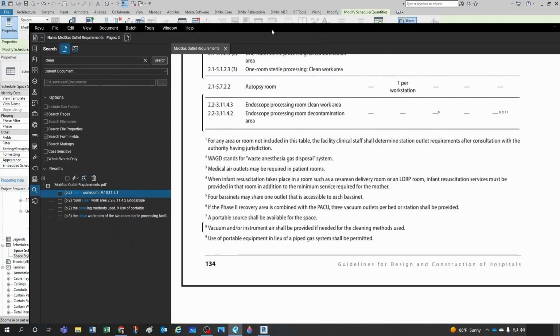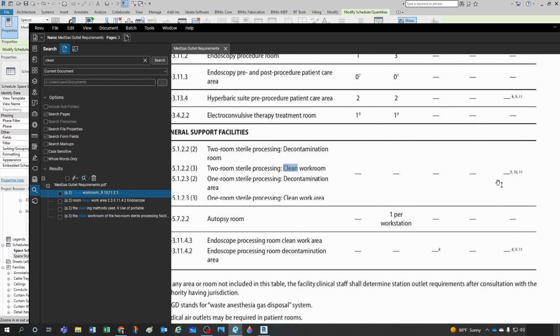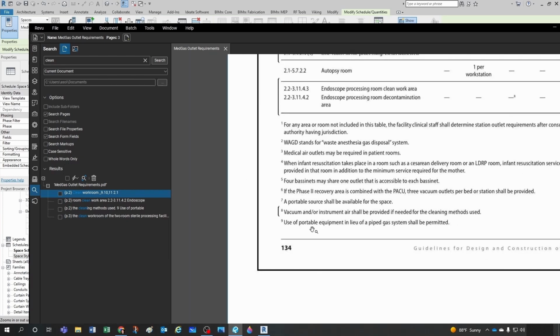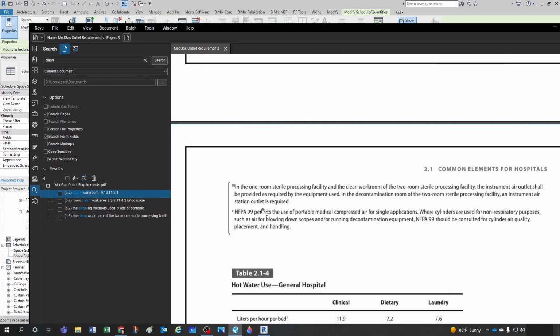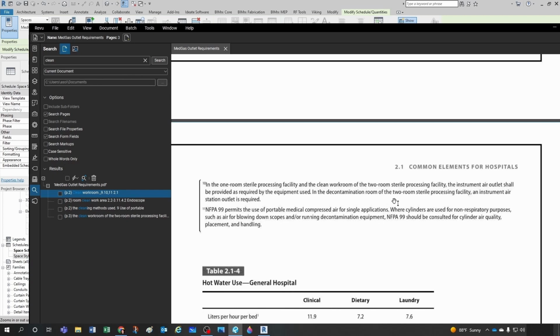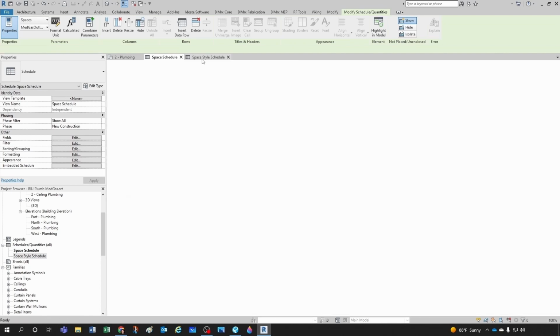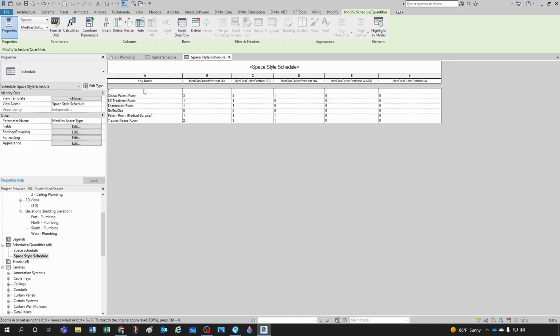Yeah, and what I've been reading is, for clean rooms, you have notes 9, 10, and 11. So 9 is use of portable equipment in lieu of pipe gas system shall be permitted. So 9 is not too relevant, but then 10 and 11, as it says here in the decontamination room of the two-room sterile processing facility, an instrument air station is required. So this is a little bit fuzzy, it's a little bit gray, so you would have to check with each hospital. But I think in my case, I'm going to add here a clean room data row,